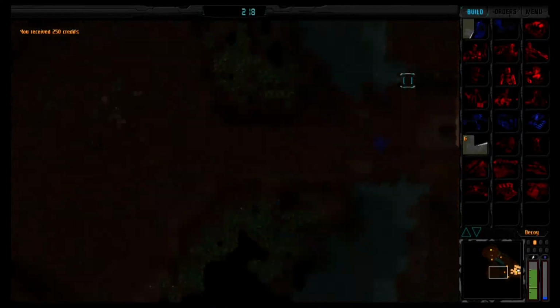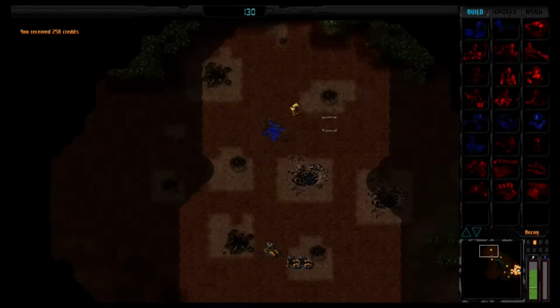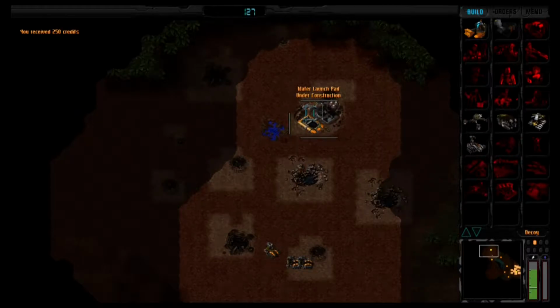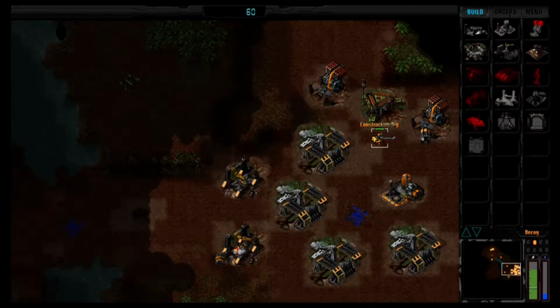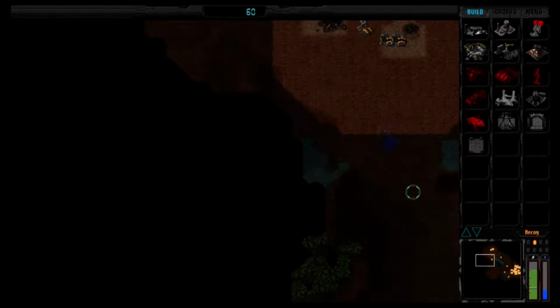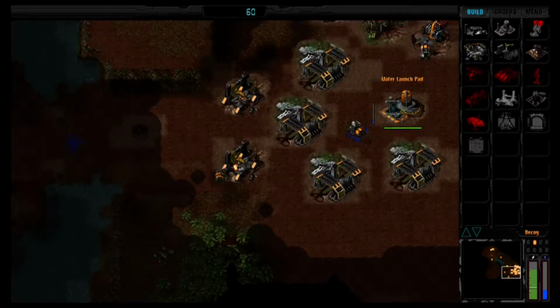Again, sell off whatever water is there. Cancel production of my tank hunters, and hopefully get this fella at least started, with construction underway, putting down a new water launch pad. I'll also need another one there. So again, march him up to this water pool here. And hopefully...